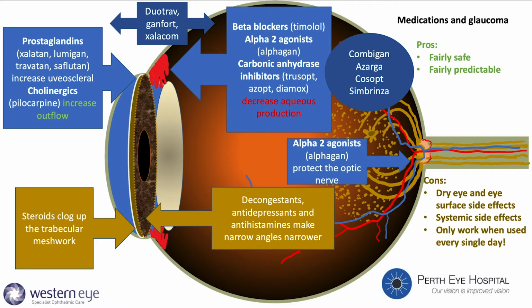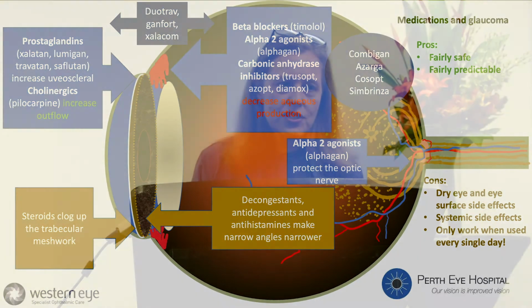On the same slide, I've got some information about other medications that can affect your glaucoma, and steroids are the most important. People have to take steroids for many reasons. For example, injections into painful joints, inhaled steroids for bad asthma, nasal steroids for hay fever, oral steroids for inflammatory diseases and autoimmune diseases. And there's unfortunately a gene,